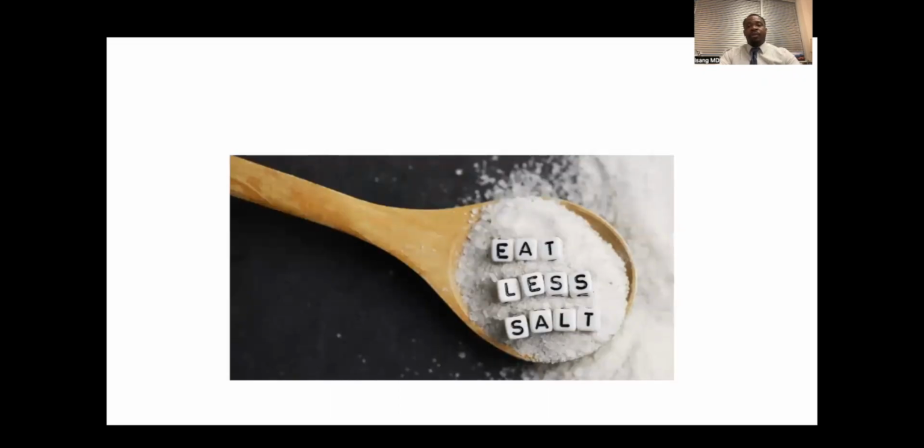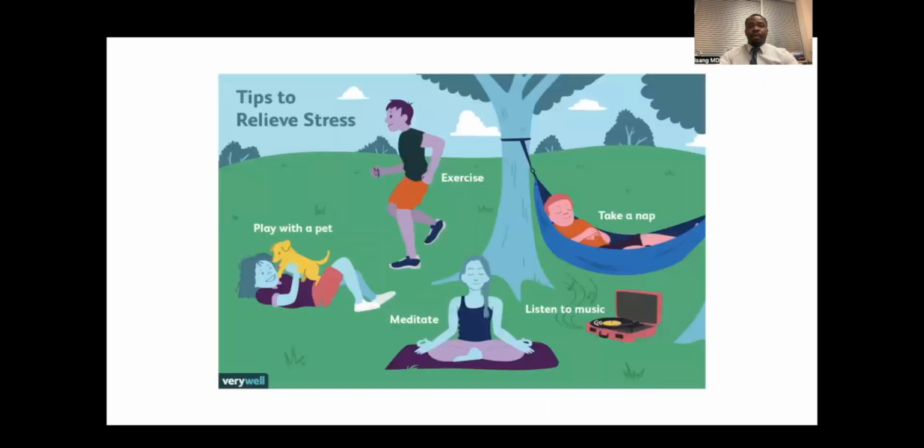It's a no-brainer. The more salt you use, the higher your blood pressure is, the more you are at risk of having heart disease. So decrease the amount of salt content as much as possible. And stress is one of the biggest factors also, because the more stressed you are, the more likely you are to make bad decisions, which can lead to not working out, which can lead to poor nutrition, etc.